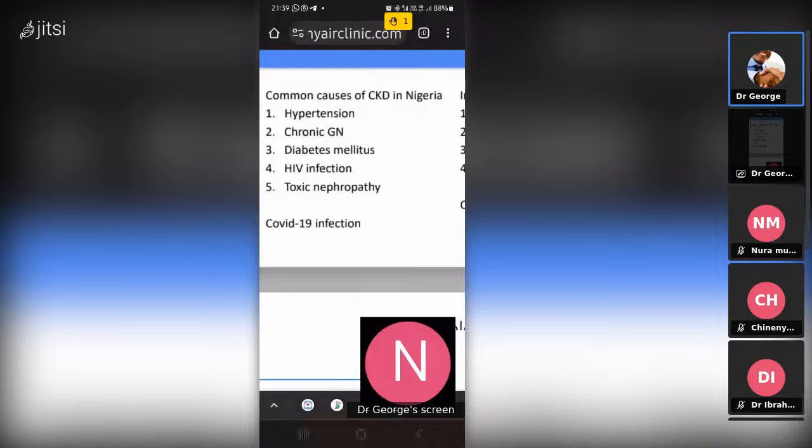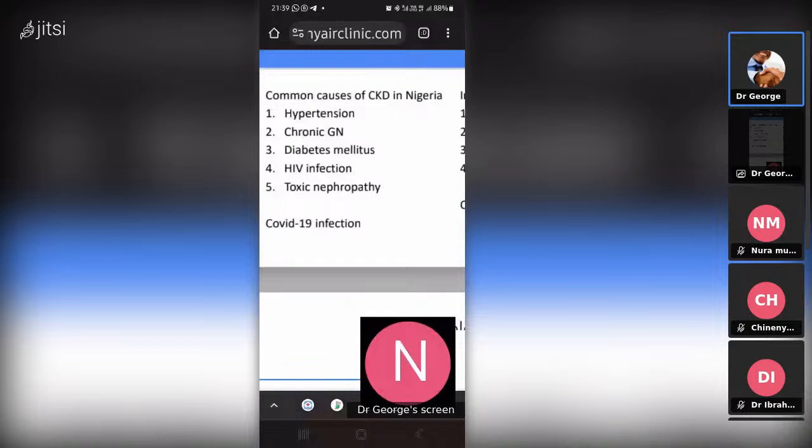Obesity is modifiable. Dyslipidemia is modifiable as well. The use of nephrotoxins, acute kidney injury in the past, all these ones can be said to be modifiable. But family history is not modifiable, right? Genetics is not modifiable. Sickle cell disease is also another important disease, being that it's quite prevalent in Africa, right?